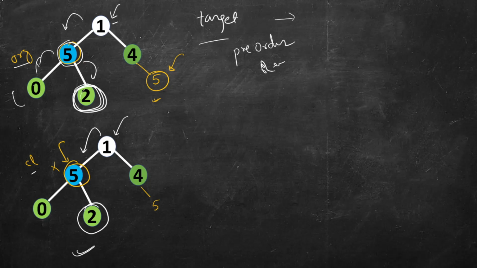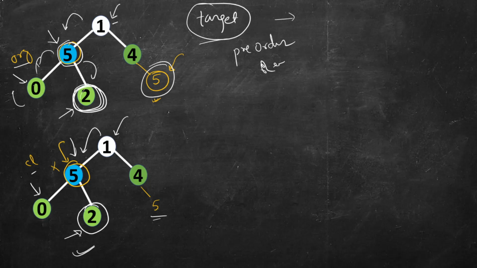So both are traversed in parallel. When we are here, we are here. When we are here, we are here. Here, here. So here we will find it. So we will return the current node in the clone, which will be this. And it will take care of the duplicates. If 5 was present multiple times and we were searching for this 5, when we came here, this would not match the target. The value will match, but the actual node reference will not match.